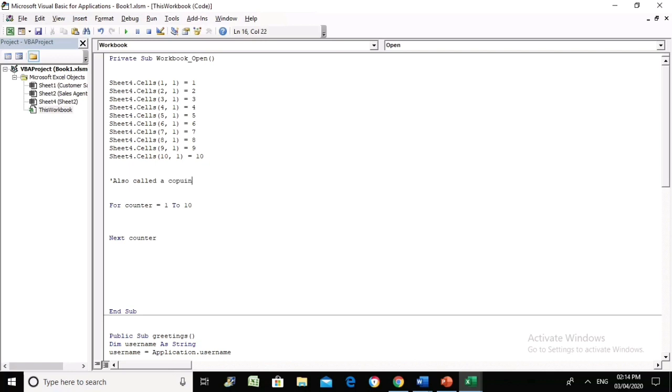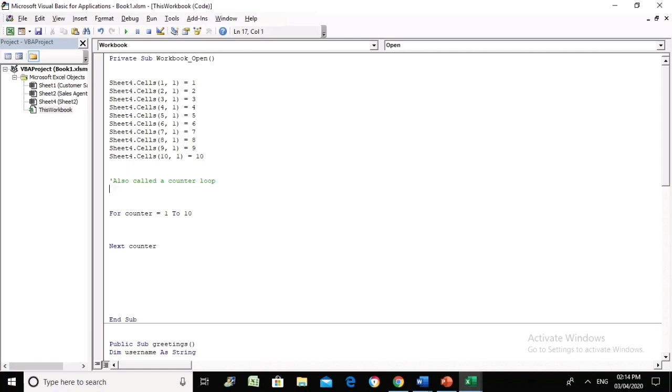also called a counter loop, mostly used where we want to run the instructions for a fixed number of times. Okay, that's fine. The variable name I am using is counter. You can use A, B, C, row number, or column number,